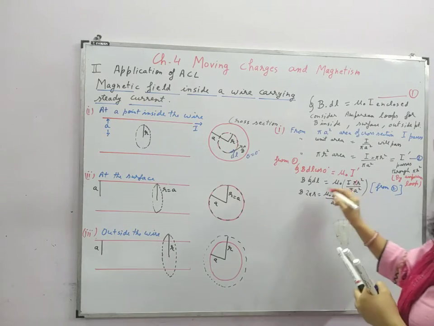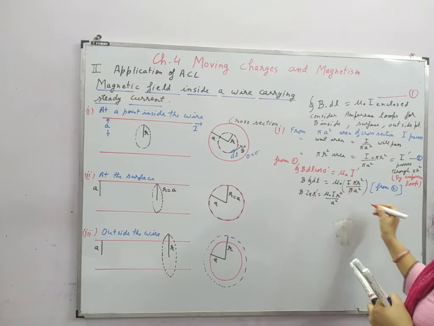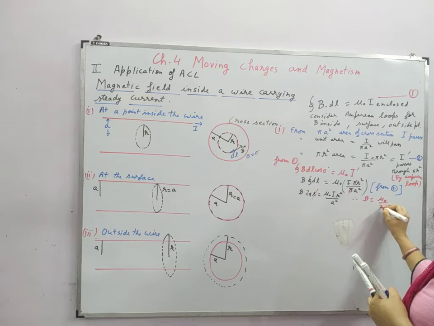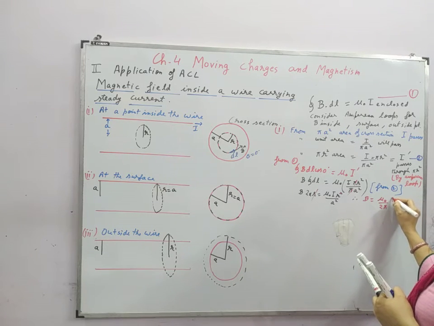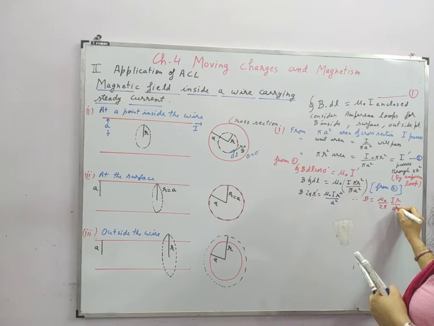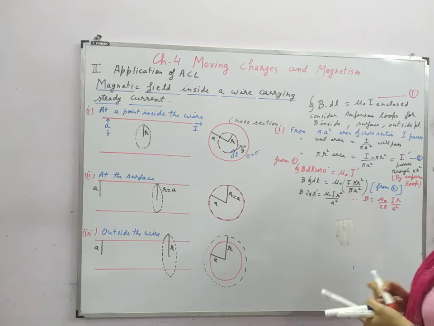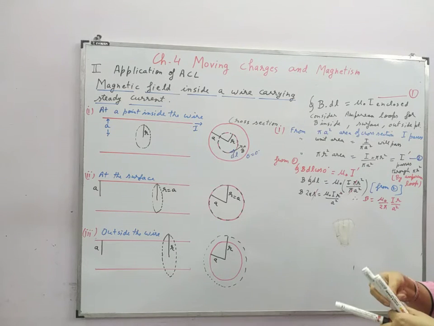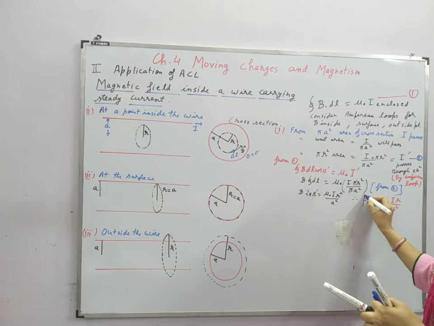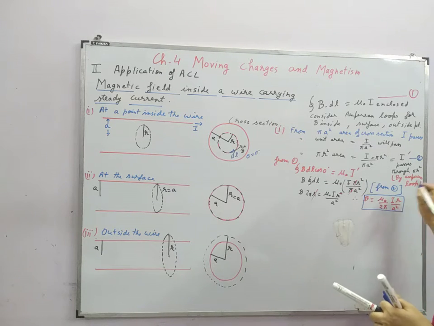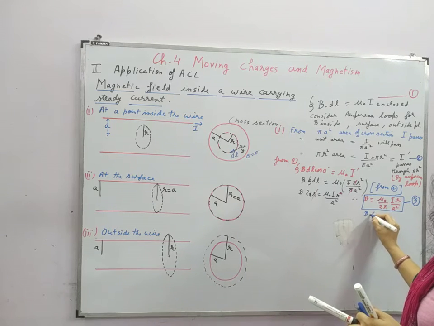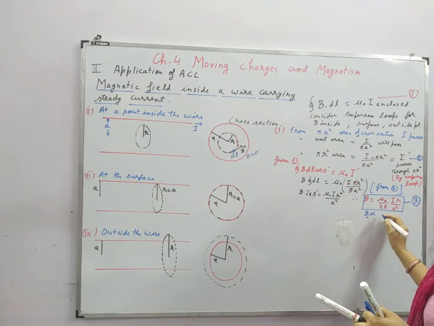So what can be cancelled here? This r can be cancelled. So therefore B is equal to mu naught upon 2 pi I r upon a square. So this is our very first formula for the magnetic field inside the wire carrying steady current. So this is our first formula. I'm marking this equation 3. So from here B inside is proportional to